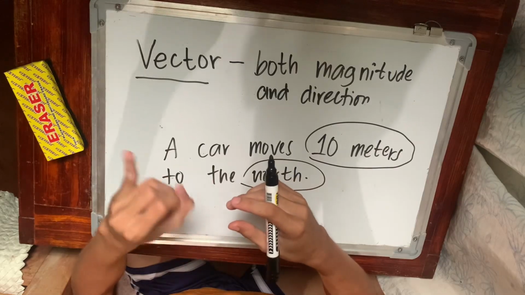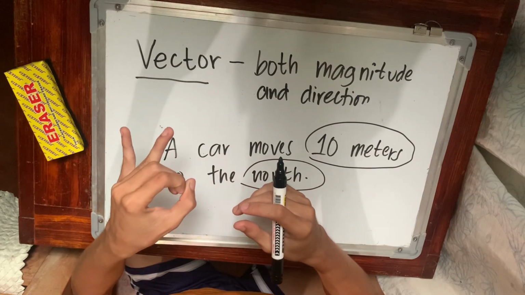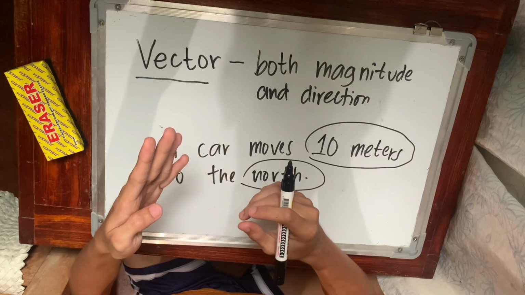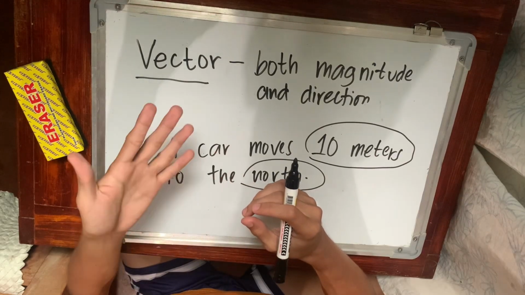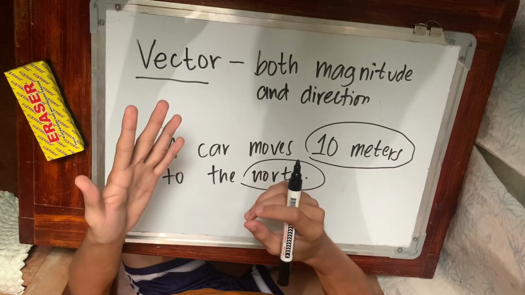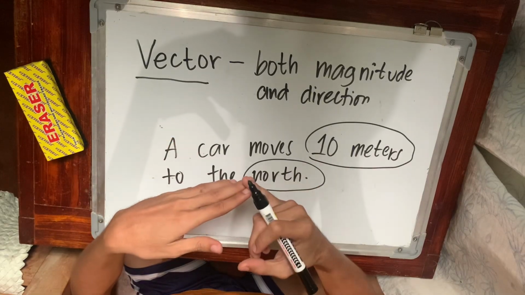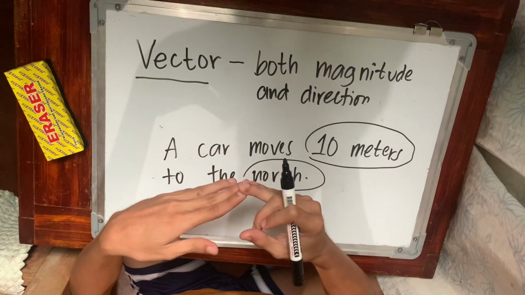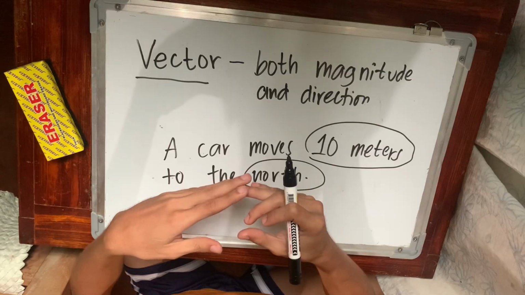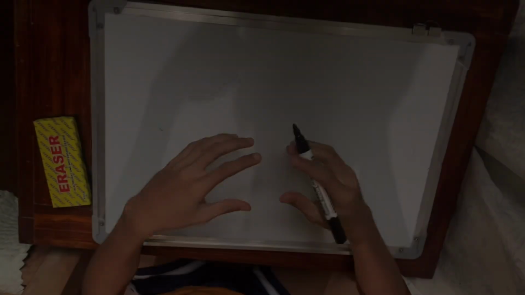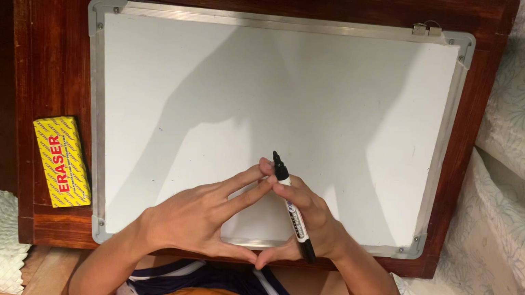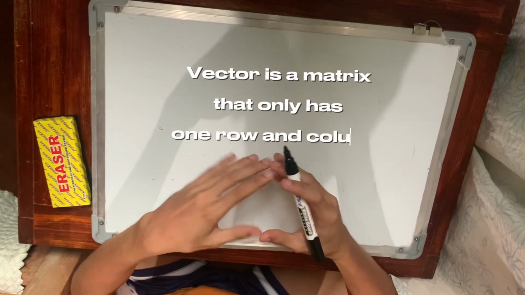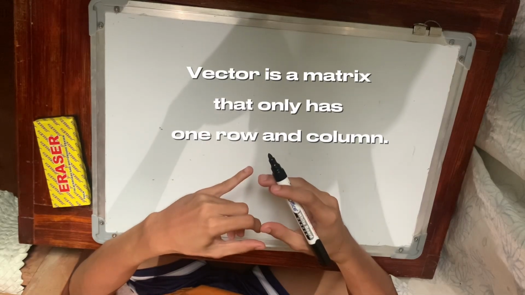First, we have vector addition, scalar multiplication, and the inverse of a vector. Next is the zero vector. The fifth is the transpose of a vector. The sixth is the inner or dot product of a vector. Finally, we have the distance between vectors. In addition, a vector is a matrix that only has one row or one column.